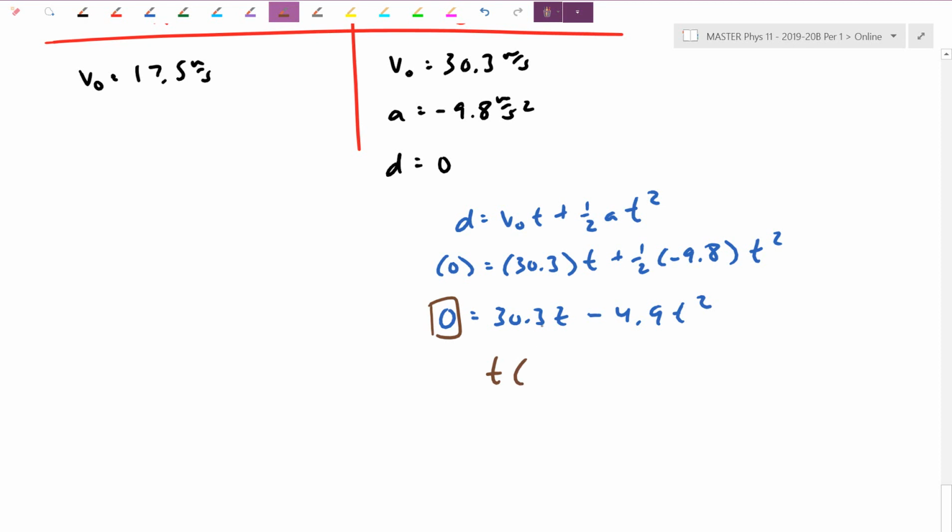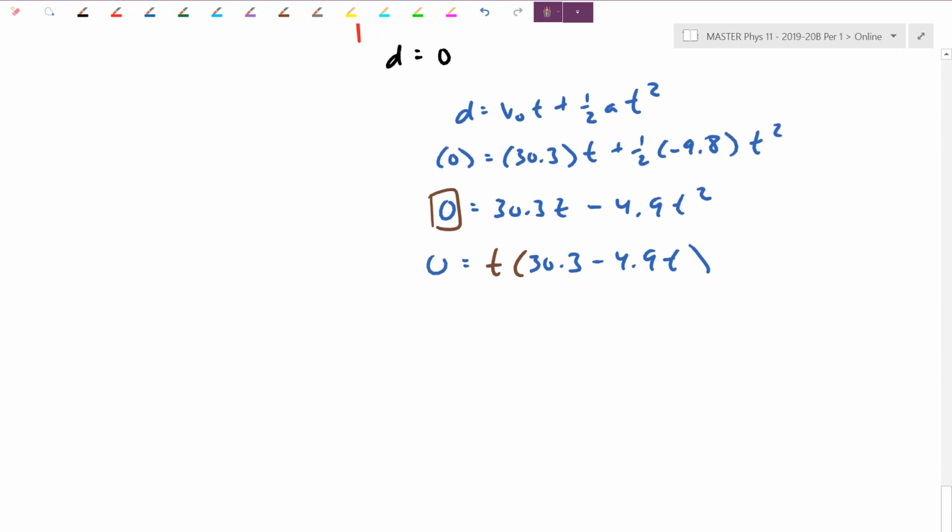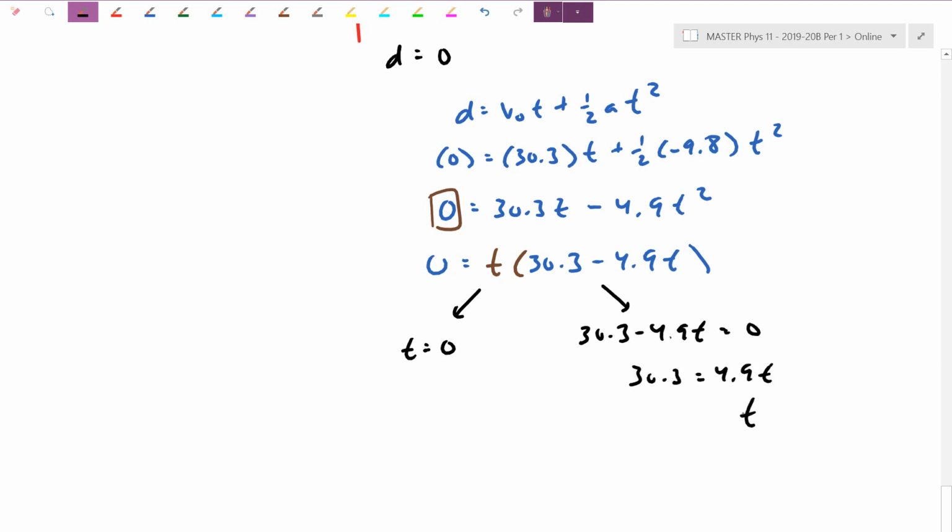Let's pull our t term out of this binomial. We have t times (30.3 minus 4.9t). When we have two numbers multiplied to give 0, either the first number has to be 0, that's when the football was already on the ground, or this whole binomial, this 30.3 minus 4.9t, together has to be 0. We solve that through there, and we get our time of